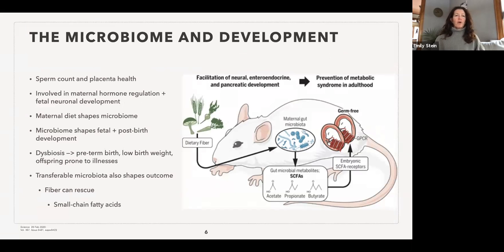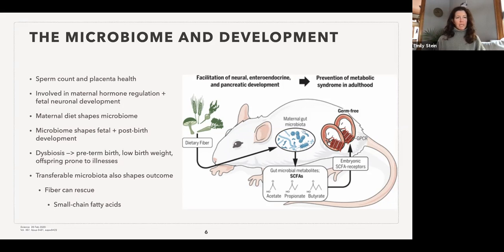So the first overarching topic I want to just discuss is development. Animal development and its role in the microbiome, and also the microbiome's influence on development, has been studied now for over 40 years, mainly in small animals, mainly in academic settings. Things that we do know that might be relevant to your practice are that animals with dysbiotic microbiomes tend to have poor sperm count, poor placenta health. This actually can affect breeding